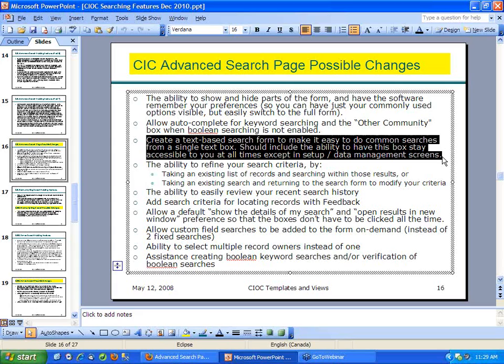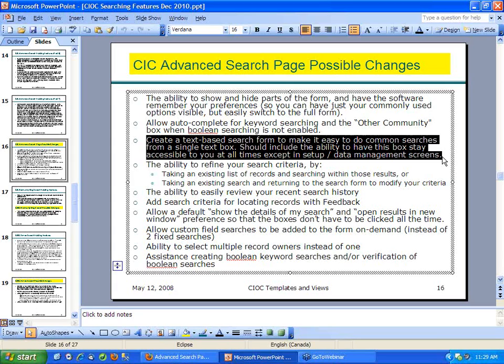And with that type of tool, we would probably make it possible to lock that little text box on the bottom of your screen, so that at any time you could perform a new search just by typing the instructions at the bottom of the screen, hitting enter, and it would bring you up new search results. We really feel that that would help a lot in terms of speed, especially the INR staff, if they had access to that and were